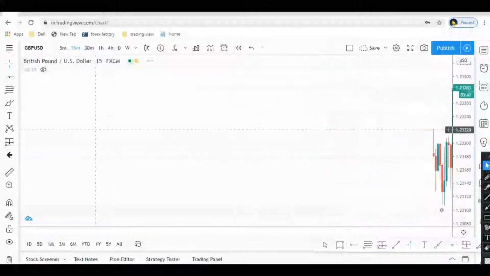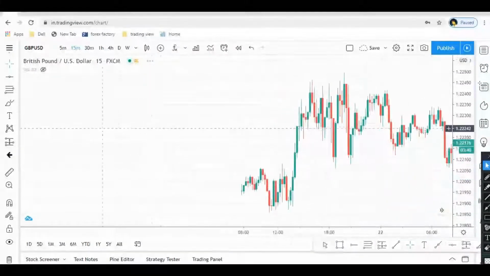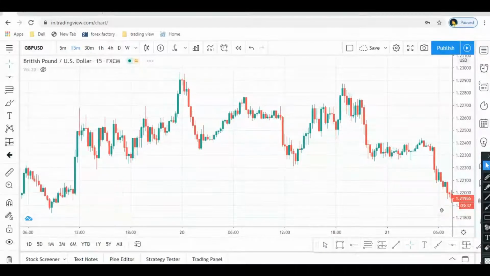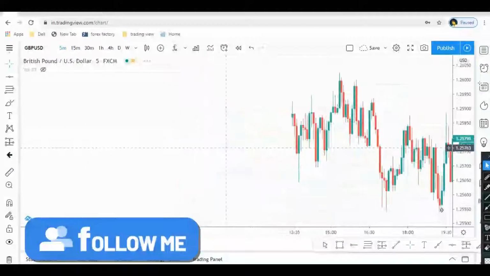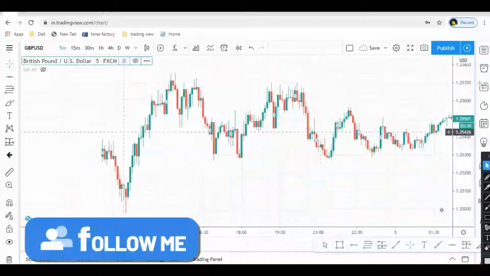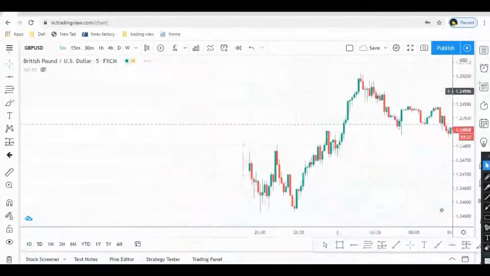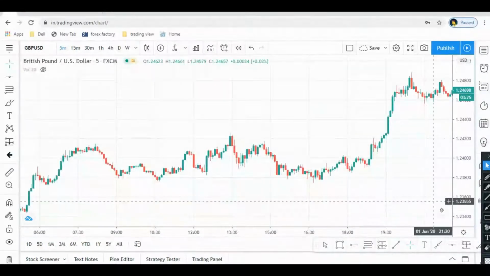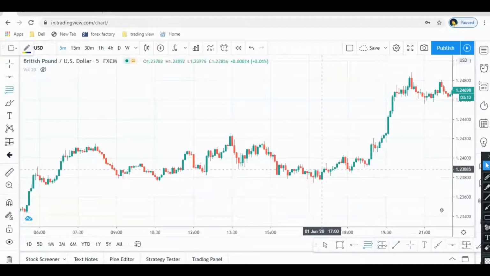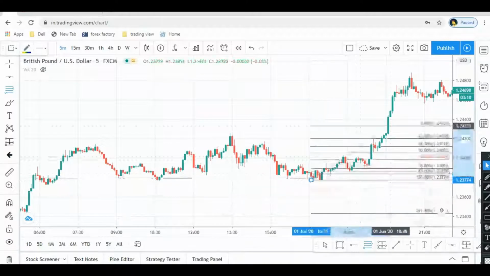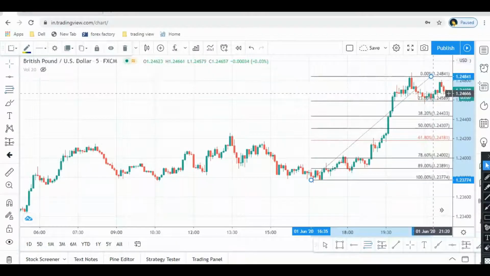We'll go back, and this does not exactly happen on a particular 15 minutes, it happens in all of the time frames. Let me switch to the 5 minute. Okay, it will help you out how exactly Fibonacci is working. So in this area, as you can see, price went up from this area to this area, this area to this area. Okay, so let's mark the Fibonacci from here to there. So I simply marked this Fibonacci here to here.